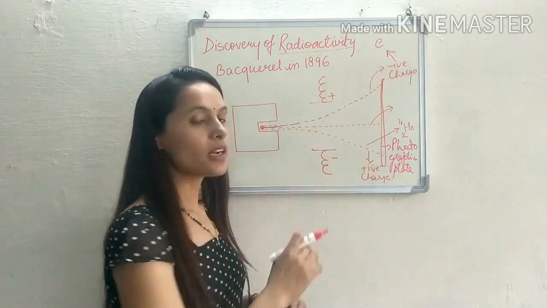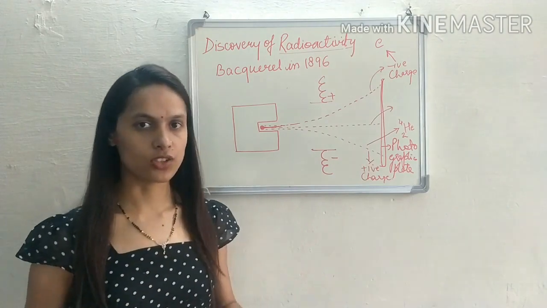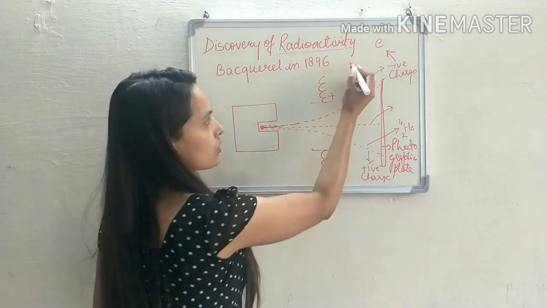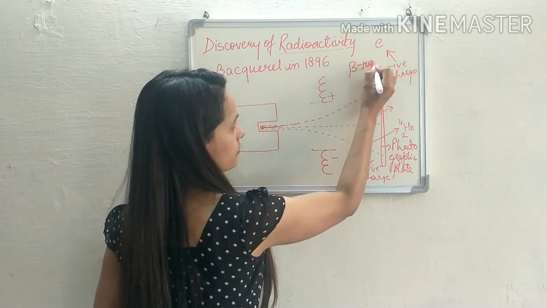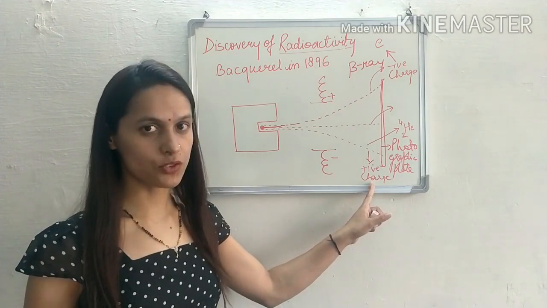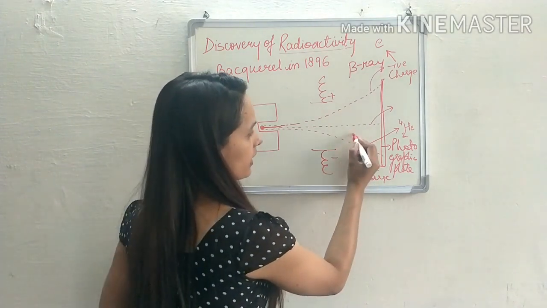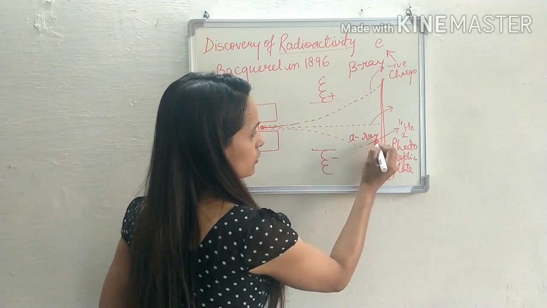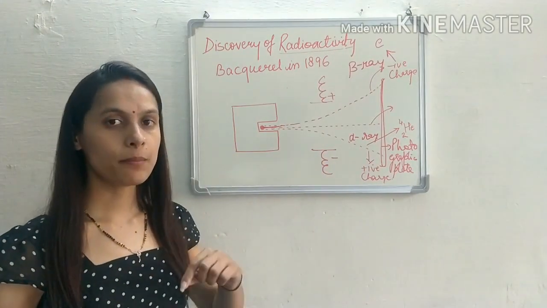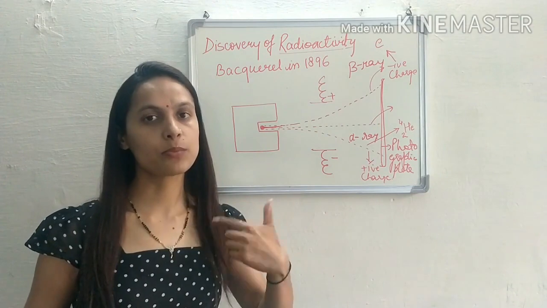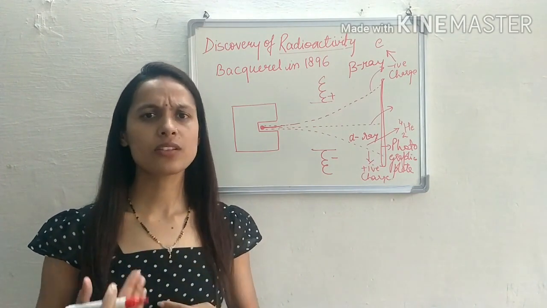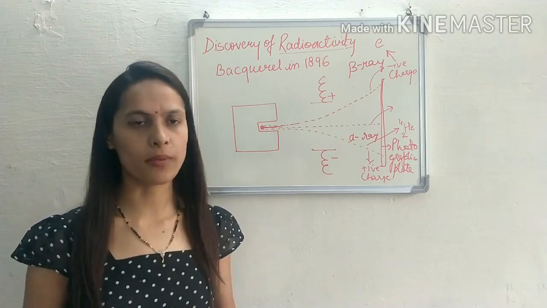This ray means the ray which contain negative charge. जो रे हमारा नेगेटिव चार्ज पजेस कर रहा है उसको उसने क्या कहा? बीटा रे. नाउ द रे विच कैरी पॉजिटिव चार्ज, ठीक है, उसको उसने क्या कहा? alpha ray. So beta ray resembles electron. Beta ray किसको resemble कर रहा है हमारा इलेक्ट्रॉन को, means beta ray is a ray which contain one negative charge and mass is almost negligible, very small mass.